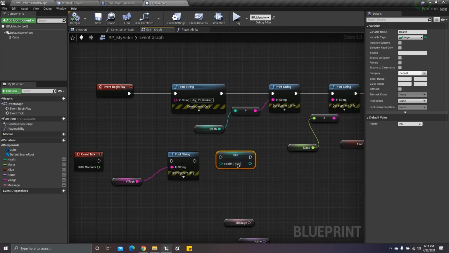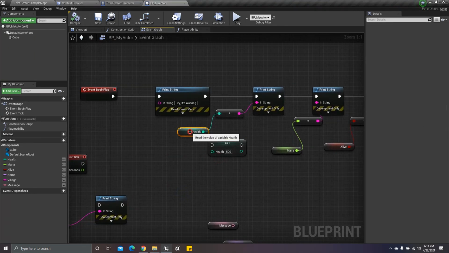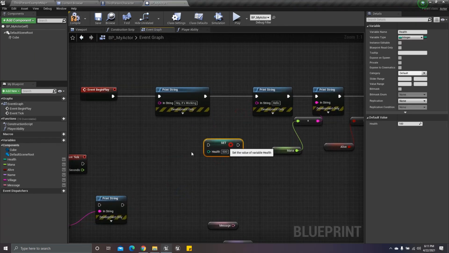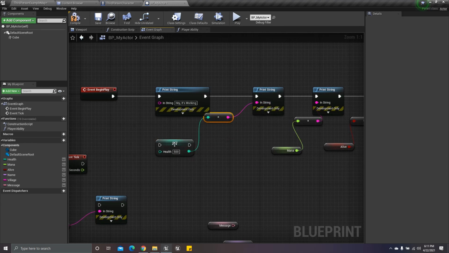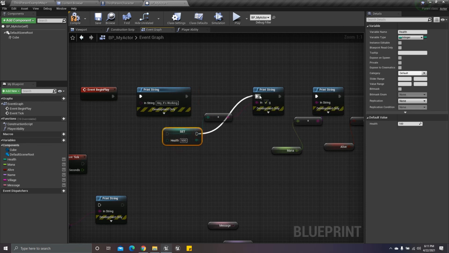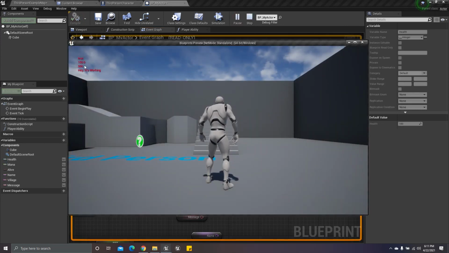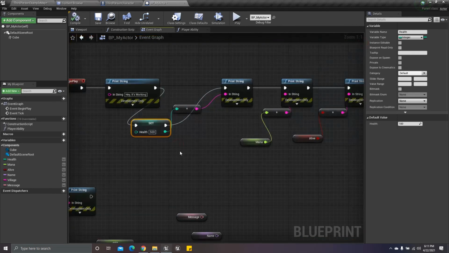And if you want to override all these things, then we can use this set method. So let's just use this health one. Now I'm just making some space here. I'm just going to delete this one and this one. So now here you can see, I can connect here. It doesn't really require. So now the health is 500. So if I compile and play, you can see 100, health is 500. So we just updated the health using the set method.